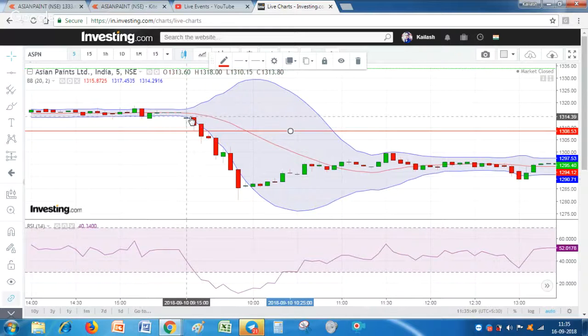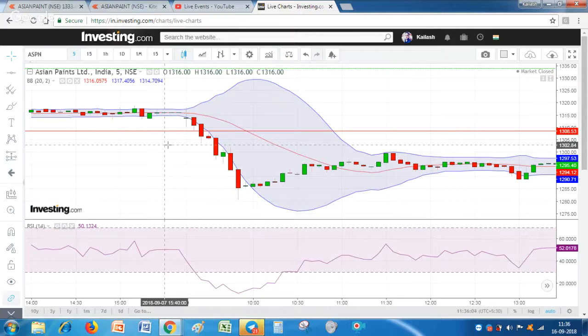Friends, always remember that we should not be in a hurry to go and trade. We should always trade based on some plan. We must have a plan to execute. And we should not forget that there is always a risk involved in any trade. However favorable the trade looks, even if it satisfies all the conditions and any strategy, remember there is always a risk involved in any stock.